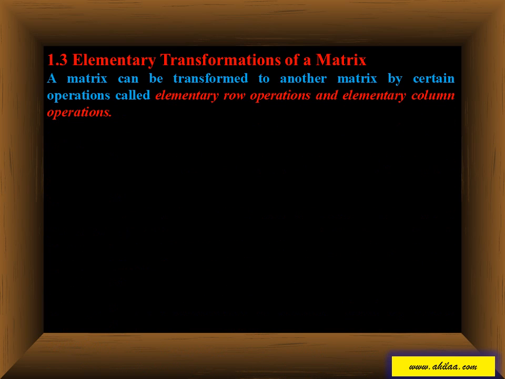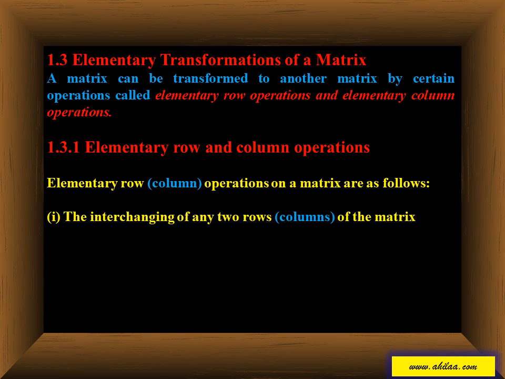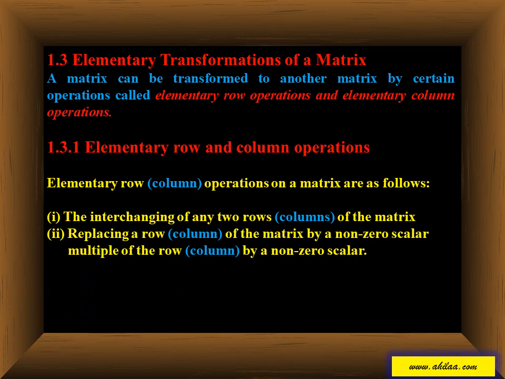A matrix can be transformed to another matrix by certain operations called elementary row operations and elementary column operations. Elementary row and column operations on a matrix are as follows. First operation is the interchanging of any two rows or columns of the matrix. Second one, replacing a row or column of the matrix by a non-zero scalar multiple of the row or column